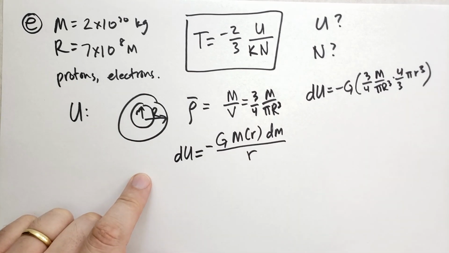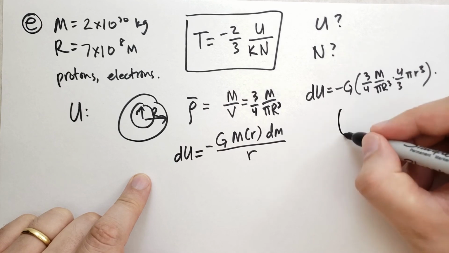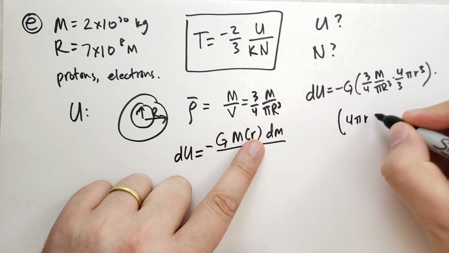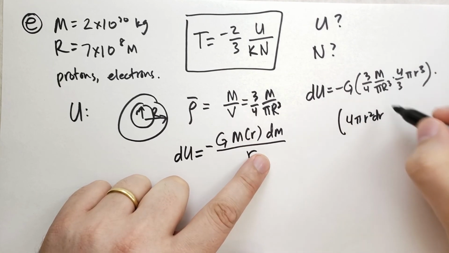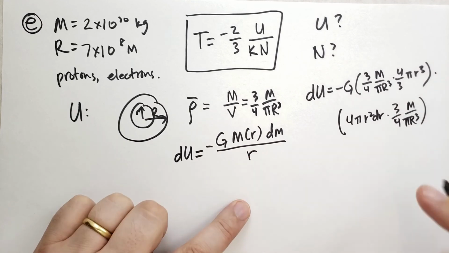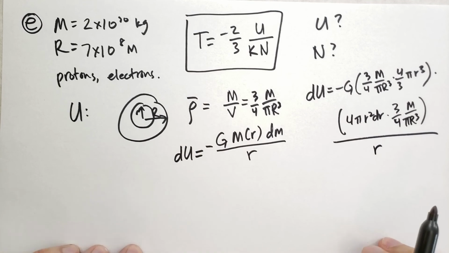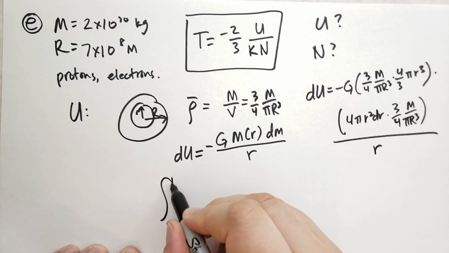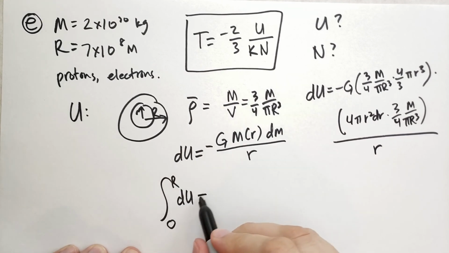And now we need the mass of the slice. So that is, I'm just going to write this on the second line over here. So times the mass of the slice. We take the volume of the shell, which is 4 pi r squared dr, times the density, 3/4 the mass of the sun divided by pi R cubed. Okay, and then all of that is divided by the radius r. So if we take the integral from 0 to R of the potential energy of each of those slices, right, we are going to get